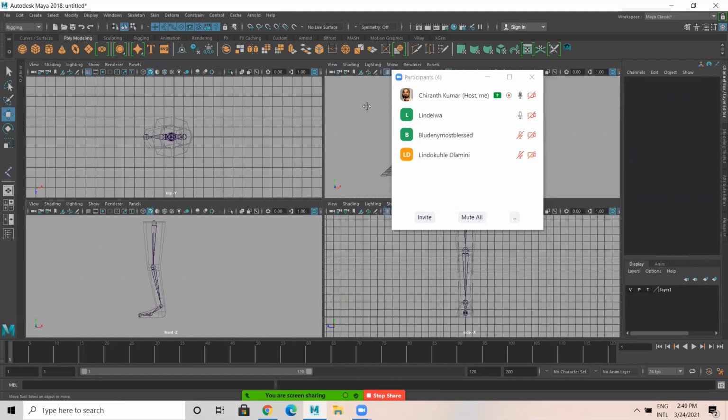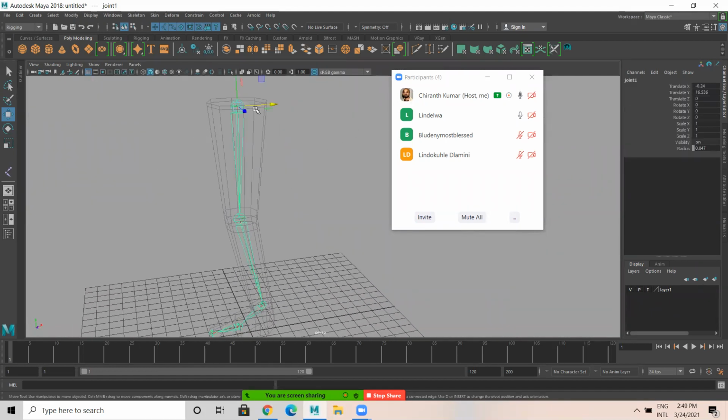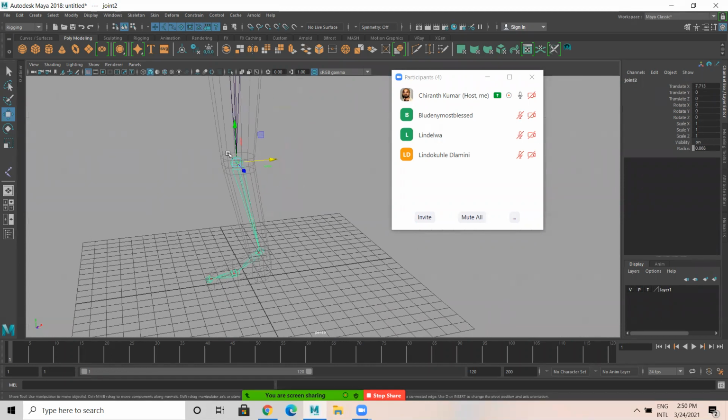Now the next step is naming the joints. When you select this, you have to name it. Click on this. This is thigh. You can press the down arrow to select the next joint, or else you can select it directly. Which joint is this? It's knee.